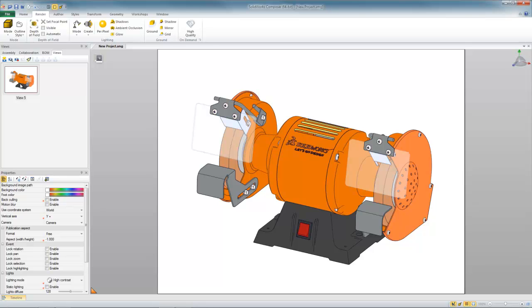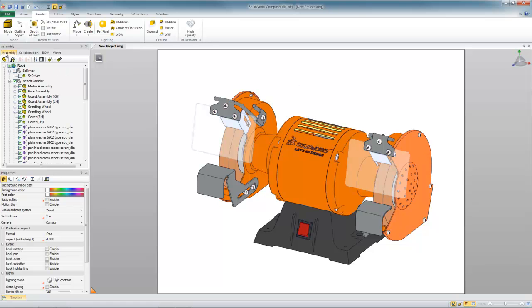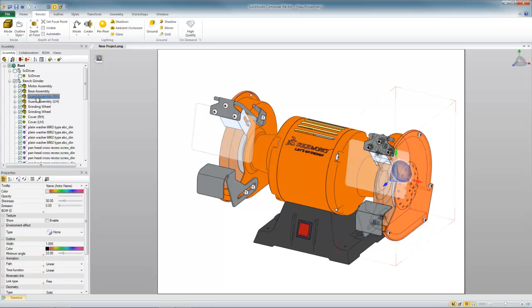Now in another view, I might want to isolate maybe just the right-hand guard assembly. So to do that, let's go to the assembly tree and let's find that component or that subassembly, that group of components. And notice that I'm in part select mode and not assembly select mode here. So I'm just selecting the parts at the top level of that guard assembly, and then I'll just right click,